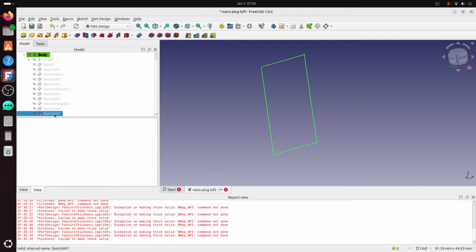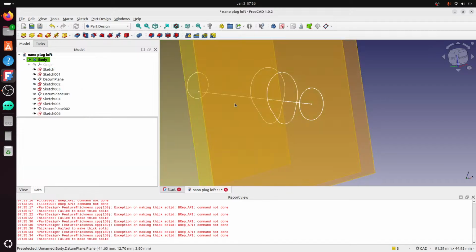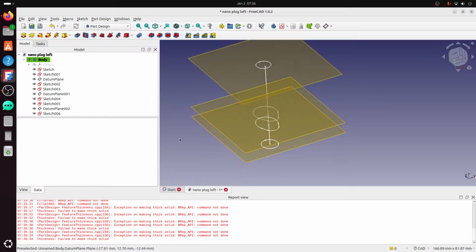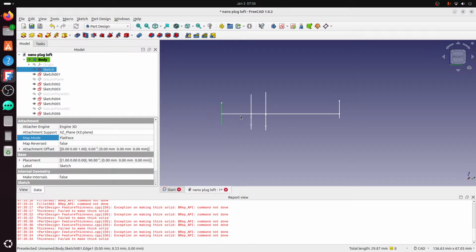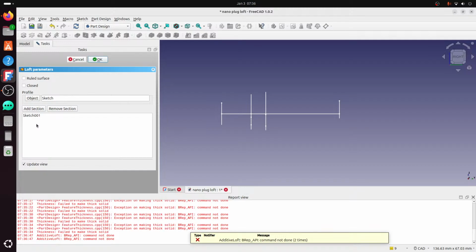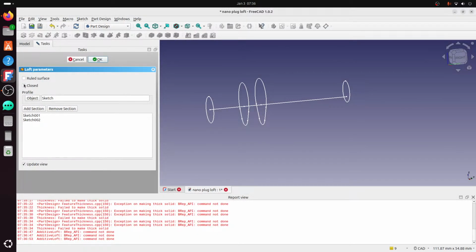So delete all those, don't need that, and we'll highlight everything and show it, and we're going to hide our datum planes again. Okay. And then to do a loft, it's actually very similar to the pipe. So you select those two sketches, come over here, do an additive loft, add section here, okay, and that did not work,